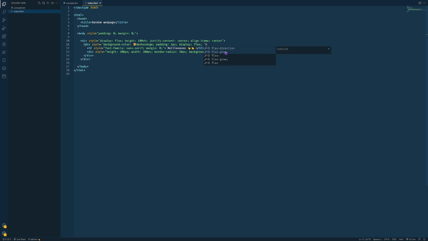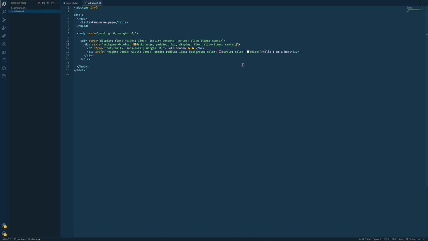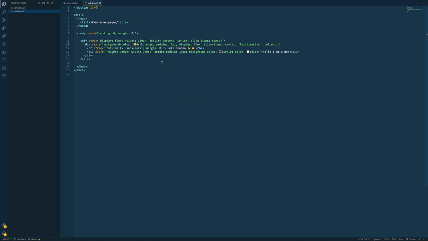We are going to say align items center. Oh, yeah. The other thing that we want to do is instead of things going from left to right, we want them to go from top to bottom. So we're going to say flex direction, and we are going to change that to column because the default is row. And that is why things go from left to right, because flex direction is set to row by default. I'm going to remove the orange color,